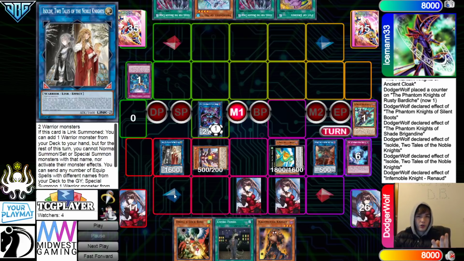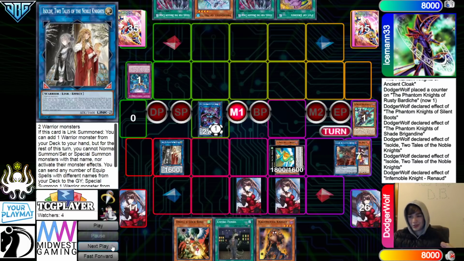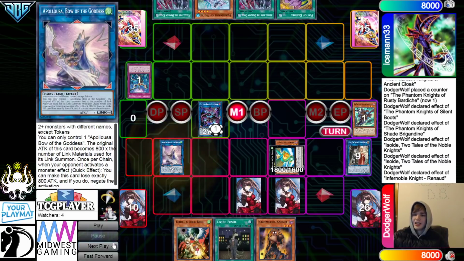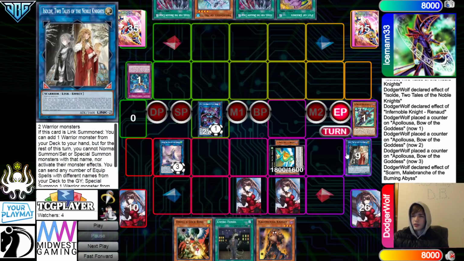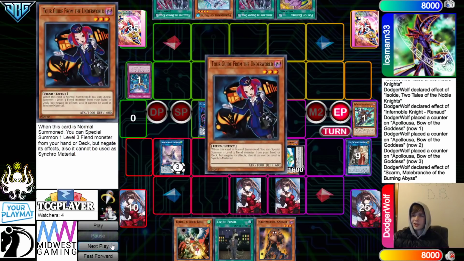They were also playing Aqua Dolphin, which is cool. I'm a huge fan of that card being in my deck list. When it's in my opponent's deck list, I highly dislike that card, because when that card's good, it's too good. Go for Appaloosa, and then they're just going to go end phase, Scarm go search, Scarm go grab Tour Guide,